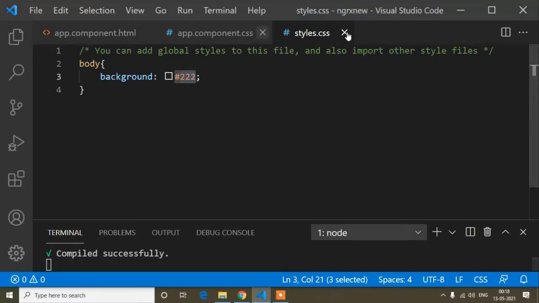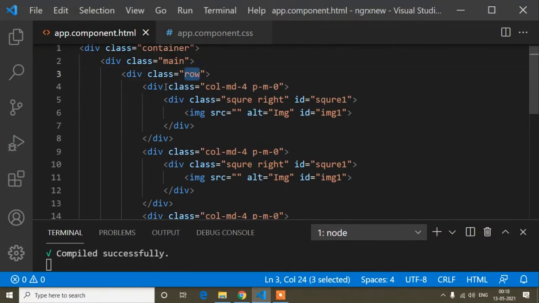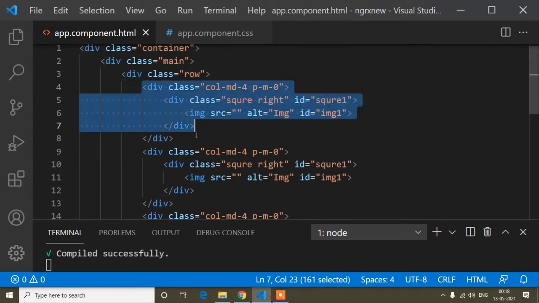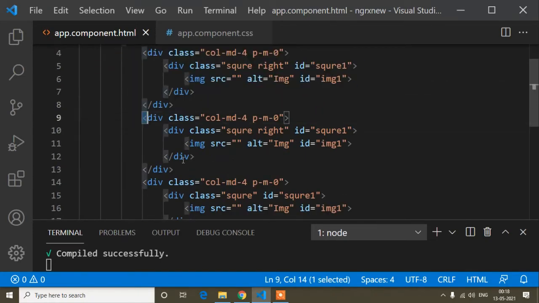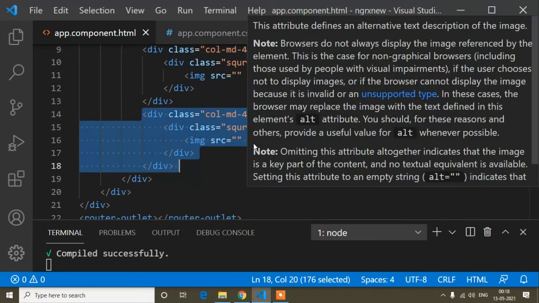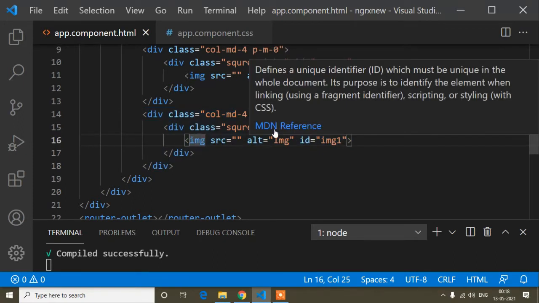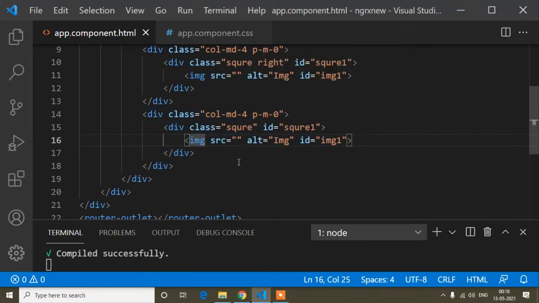And now guys, I have written a row, and here I have divided it into 4 and 4 columns. The grid is divided by 12, so we can add 12 grid columns, and I have divided into 4.